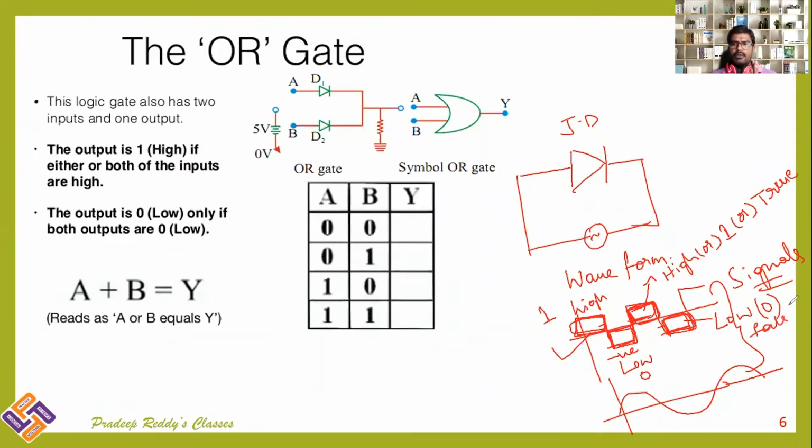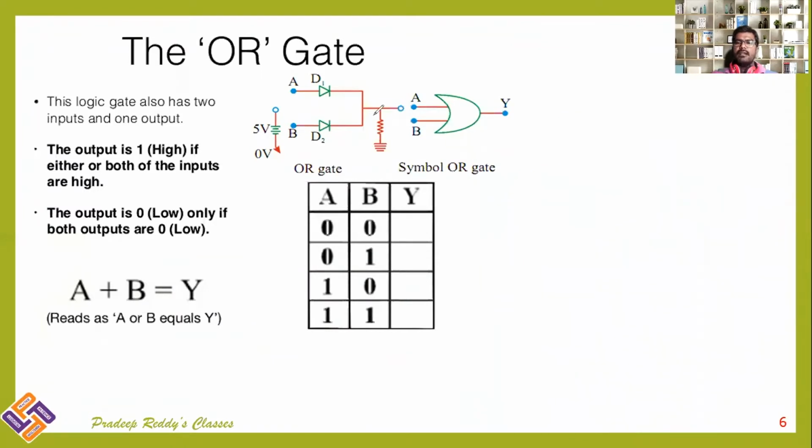So only one thing you need to remember here: we will be providing input to any logic gate in the form of high and low, that is, in the form of a wave. Positive voltage represents that it can be either high or 1 or true. Negative voltage which you are providing to the logic gate represents that it is low or 0 or false. Clear? So we are using many such junction diodes, and we will be constructing a logic gate.